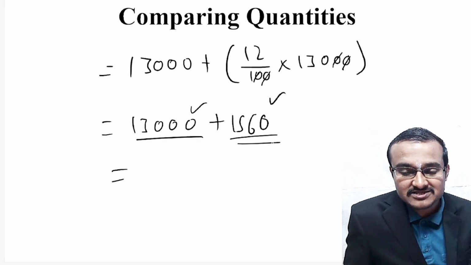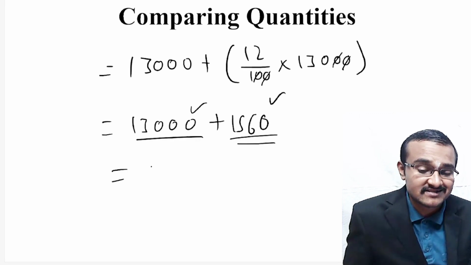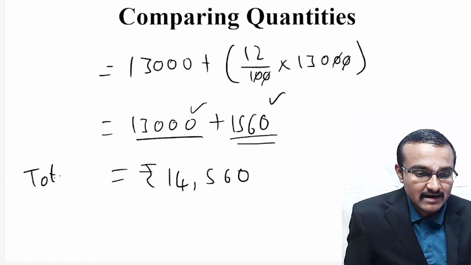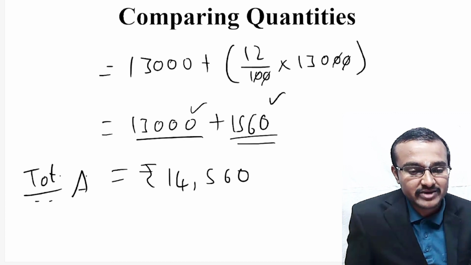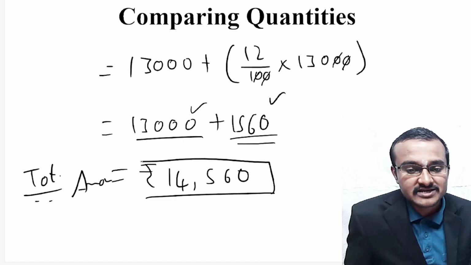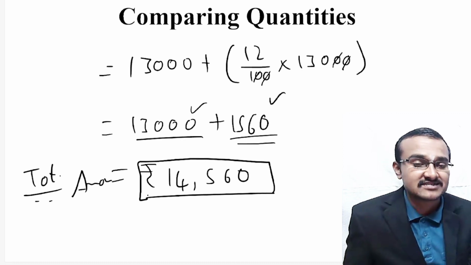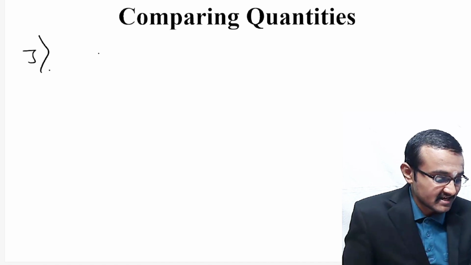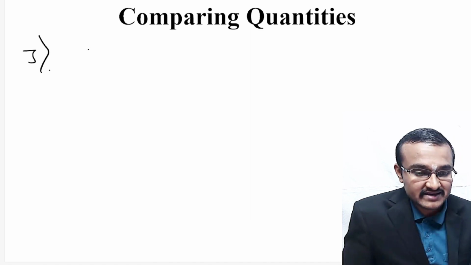So 13,000 plus 1560 will be 14,560. So the total amount which this person has to pay to get this particular television is rupees 14,560. So coming to the third question in this exercise, here a person is buying a pair